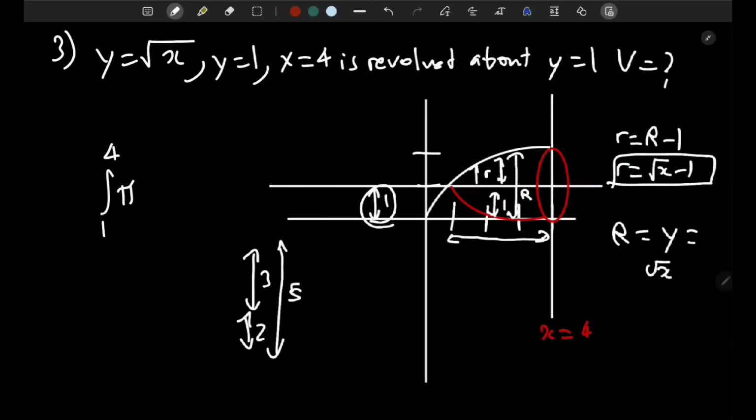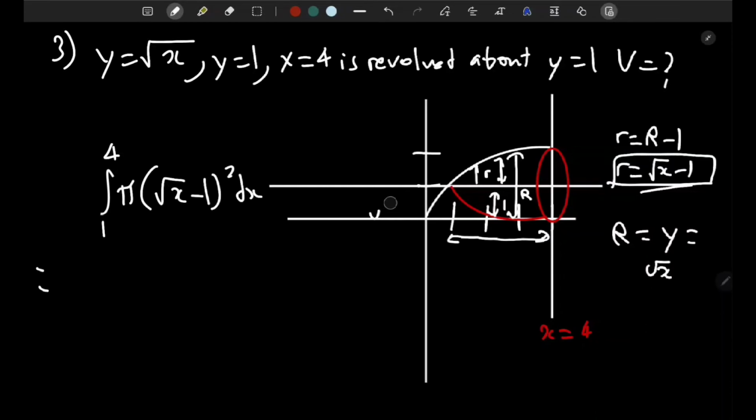So it's pi r squared, and r squared we found that it is radical x minus 1. So here is going to be radical x minus 1 squared dx, and now we just need to simplify this. So here we just simplify the brackets over here. So this is a squared minus 2ab plus b squared. So I'm going to take the pi outside here. So pi, and then integration from 1 to 4. This is going to be a squared, so x minus 2ab, so radical x, and then b is just 1,